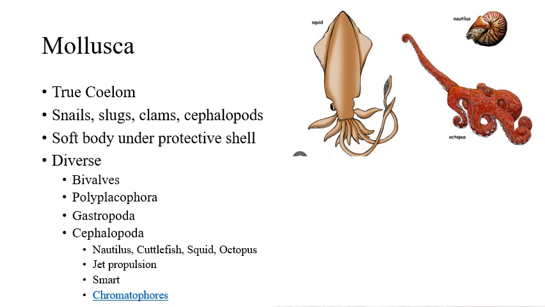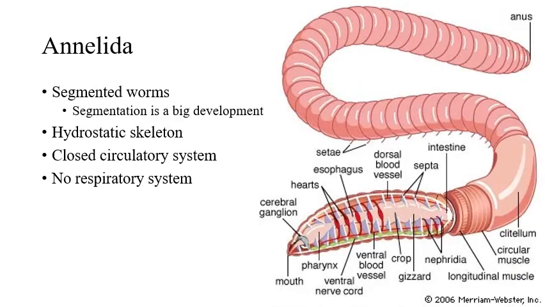All right. So one thing that the mollusks lack is segmentation, right? Their body is typically just one big unit. The next group, we're going to start seeing the development of segmentation. So the first annelida, what you would call earthworms, you can see all these different rings. These are different segments, okay? So segmentation is a big development,